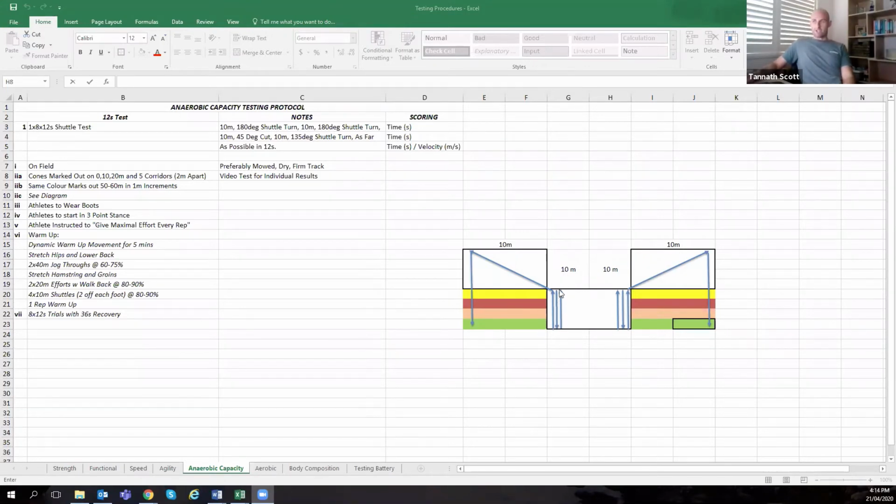Next group, up, cut, back through. On the second attempt, you go the other way. So you'll just follow your lane. If you're over here, your next one, you'll actually go there and come back through. If you're this athlete, you go up, back, across, and then down through here. So you have 10 cones there. That's really poor color coding because there's only 4, but you sort of get the idea. You film it, whistle goes every 12 seconds. You go every 48 seconds.